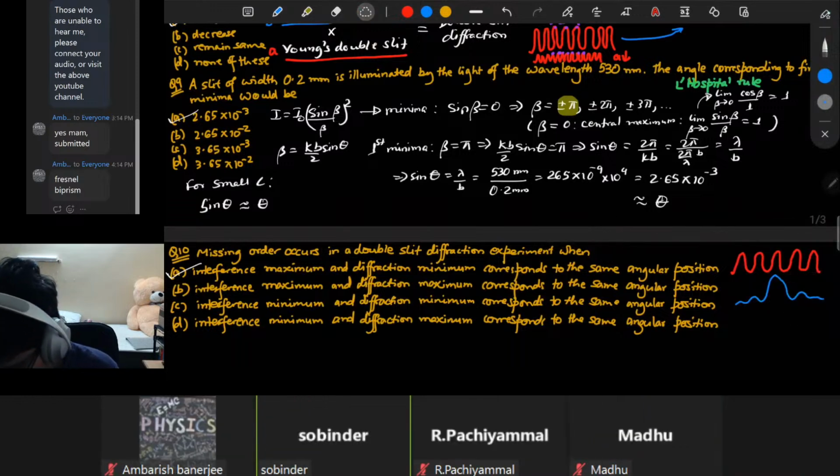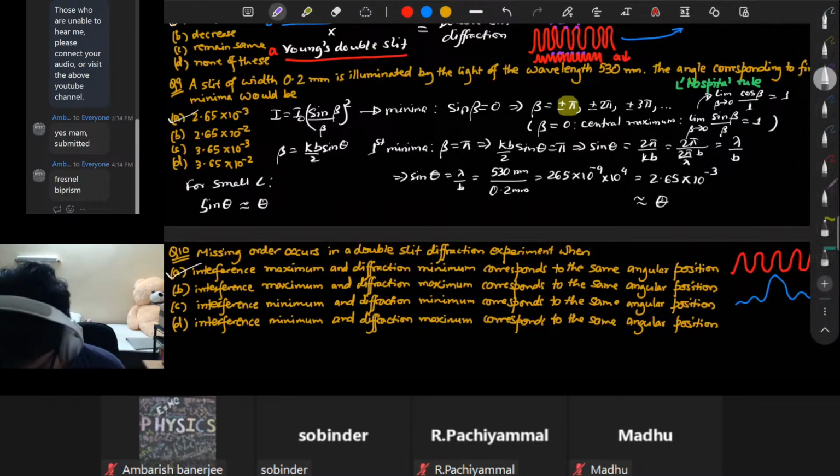Okay, yeah. Now, if you look at it, this interference maximum coincides with this diffraction minimum. So this will lead to a missing order. You will not see this maximum. You would only see this central peak right here,